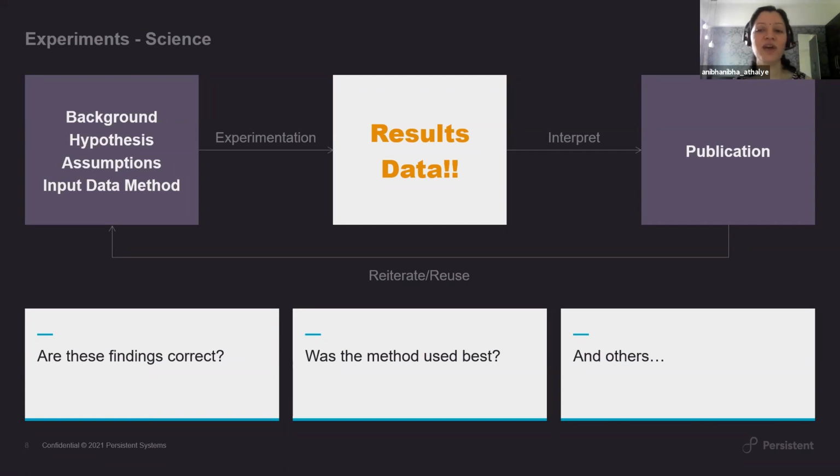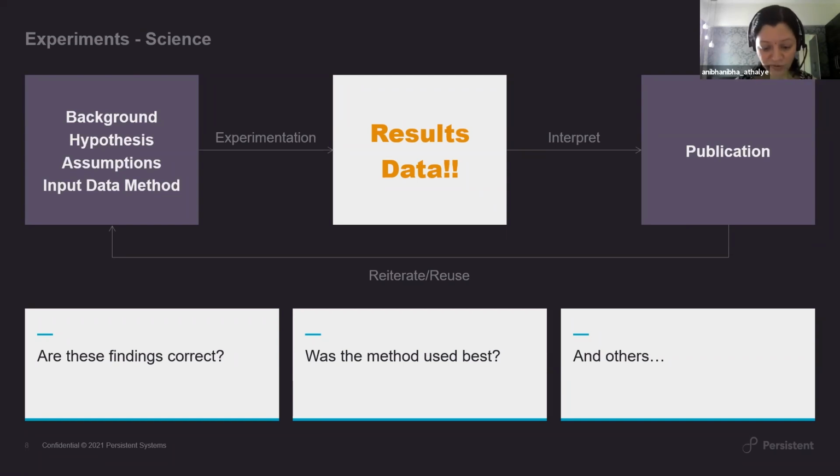You interpret it to finally arrive at a conclusion or something that you would like to put under a publication. Now, that publication needs to document all the experiments, all the iterations that you have conducted, which have led you to those results, to the T. And then that paper is what is published, if I speak purely from a research angle or research activity angle.